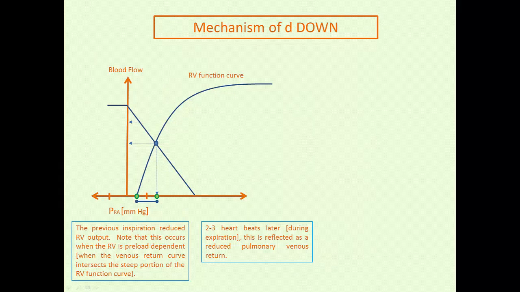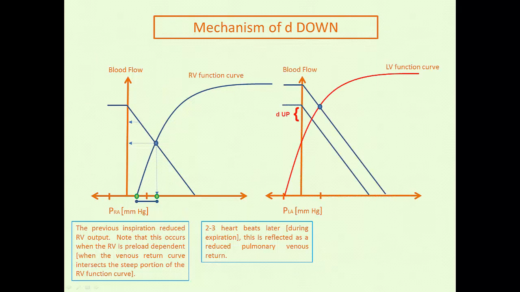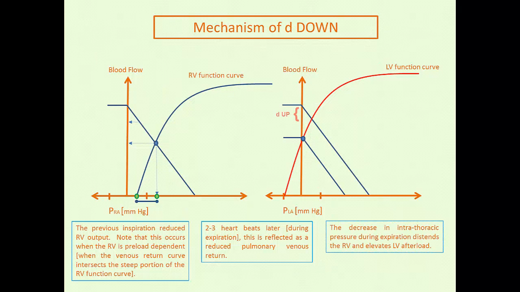That was during inspiration. 2 to 3 heartbeats later, during expiration, this is reflected across the pulmonary vascular bed as reduced venous return. So this is your left ventricular cardiac function curve. This was the D up that just occurred during inspiration. So during expiration, the diminished RV output from inspiration reaches the left ventricle, reduces pulmonary venous return, and drops the